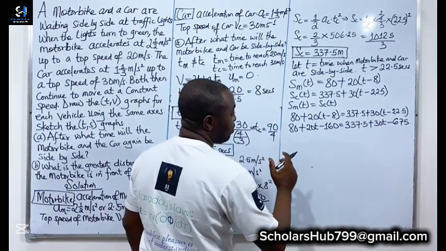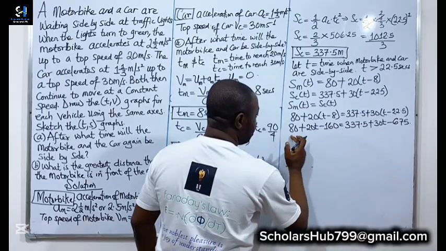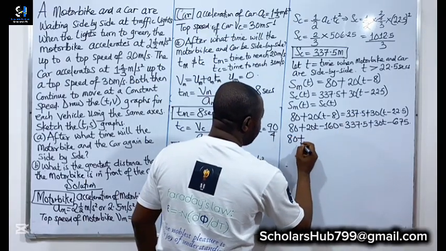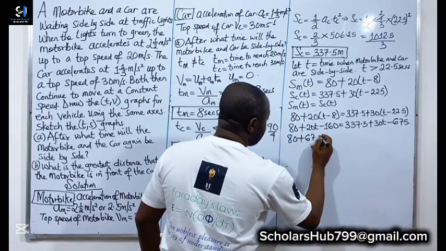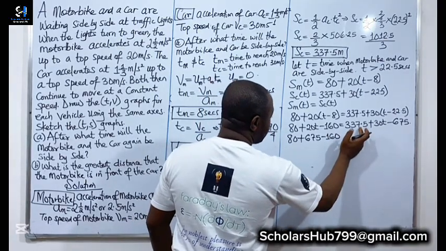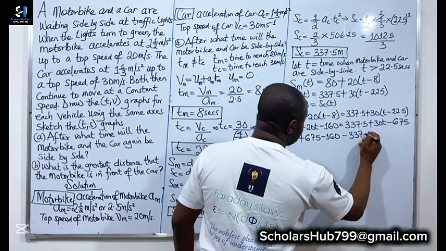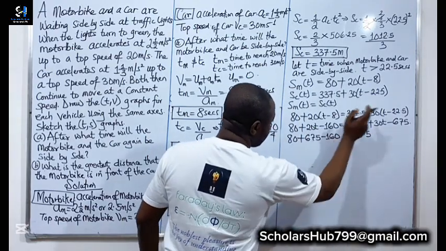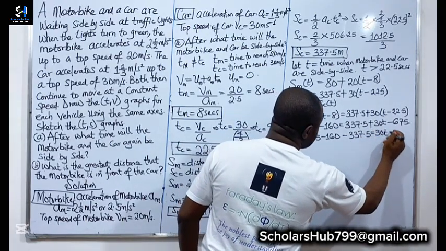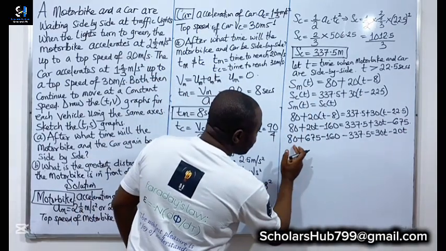Okay, so let me combine like terms. I'm going to make this one come here, so this will be 80 plus 675 minus 160. Then I'm also going to make this one come here, this will be minus 337.5. Then this will go to the other side, that will be 30T minus 20T. So if we add this together,